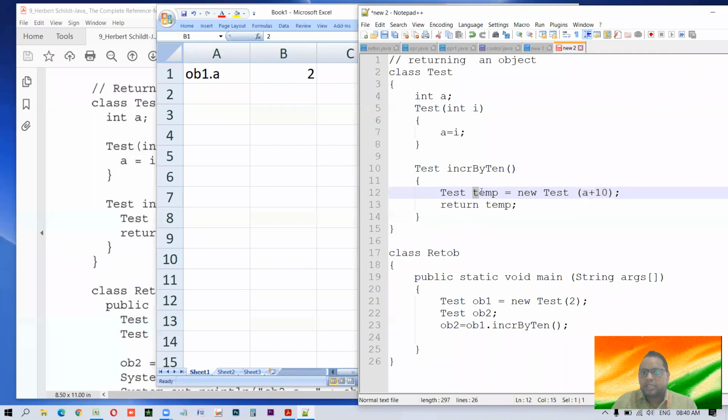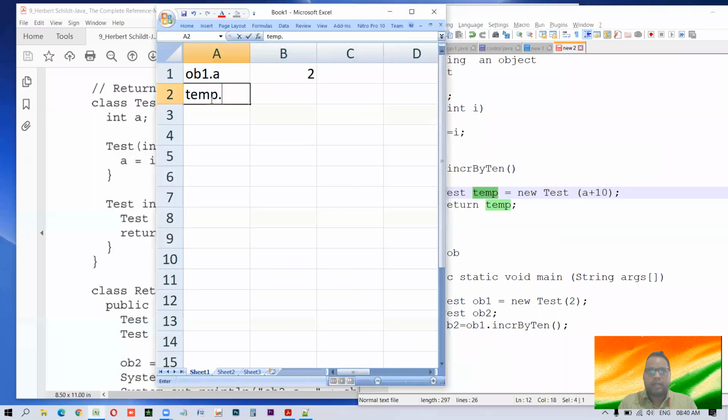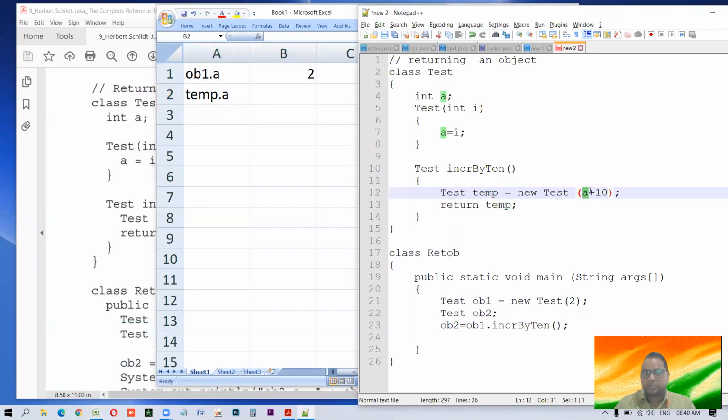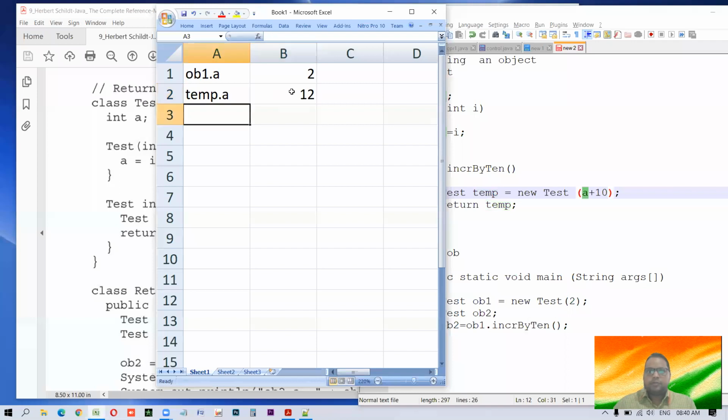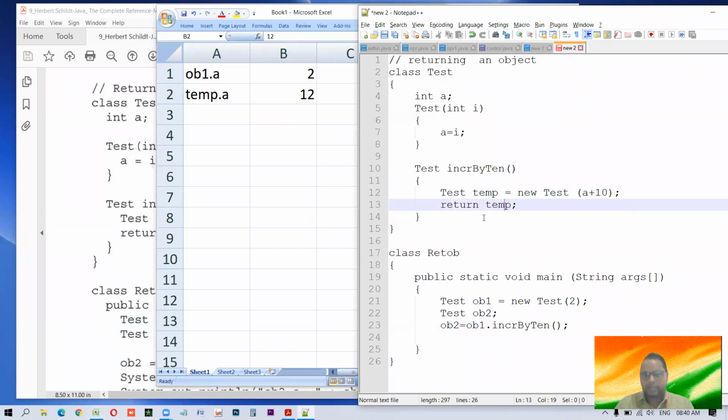So this time a new object is getting created whose name is temp. temp dot a का वैल्यू क्या हो जाएगा, ob1 dot a का जो वैल्यू है 2, that's a, ob1 dot a plus 10, that is 12. तो हमारे temp dot a का वैल्यू हो जा रहा है 12. याद रहे आपको कैसे हो रहा है, ये मैं बता ही रहा हूँ. आप इसे एक बार दो बार देखिए वीडियो को, नहीं तो पुराने वीडियोस को देखिए पहले, समझिए तब ये समझ में आएगा, और नहीं तो किताब जो है आपके सामने उसको पढ़िए, उसमें एग्जांपल जो उसको समझिए. Lot of ways are there to understand. The only thing is you'll have to practice in different ways. If you don't practice, no one can help you.